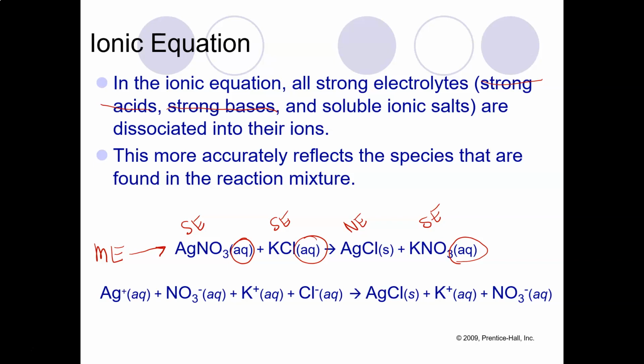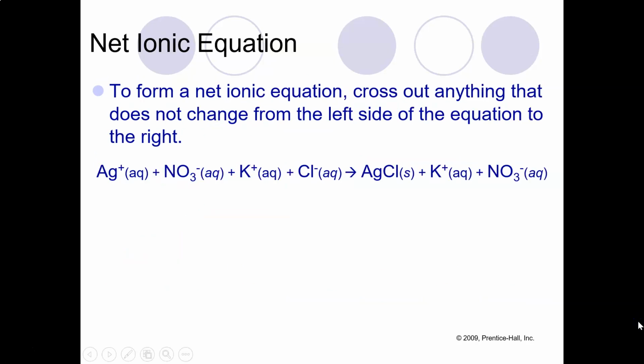Okay, now we were going to practice this, but before we practice it, I'm going to go to our 3rd type of equation, which comes from the ionic equation. Okay, so going to the next step, are the net ionic equations. So to form a net ionic equation, you first have to start with the ionic equation. So in order to get to a net ionic equation, you start with number 1, the molecular equation,